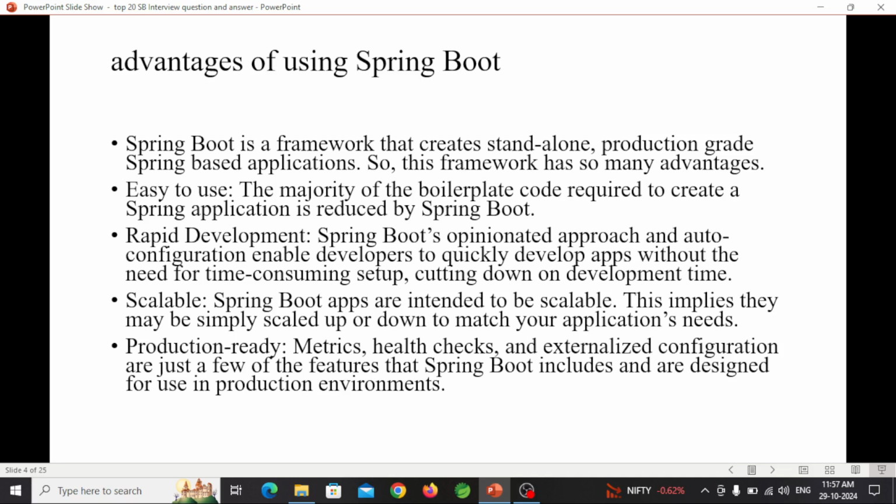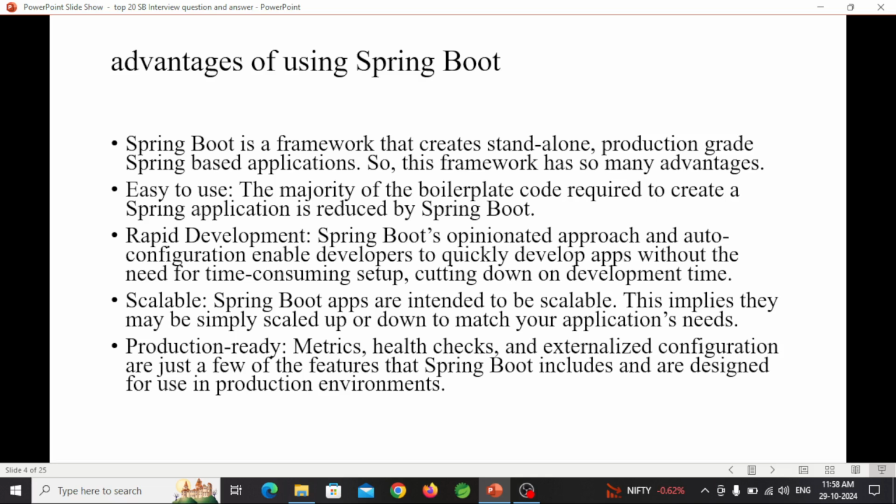Rapid development. Spring Boot's opinionated approach and auto configuration enable developers to quickly deploy apps without the need for time consuming setup, cutting down on development time.